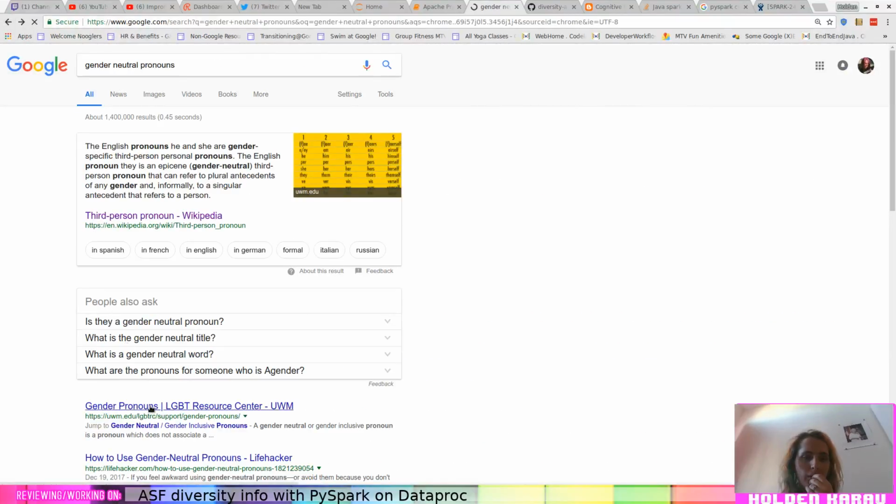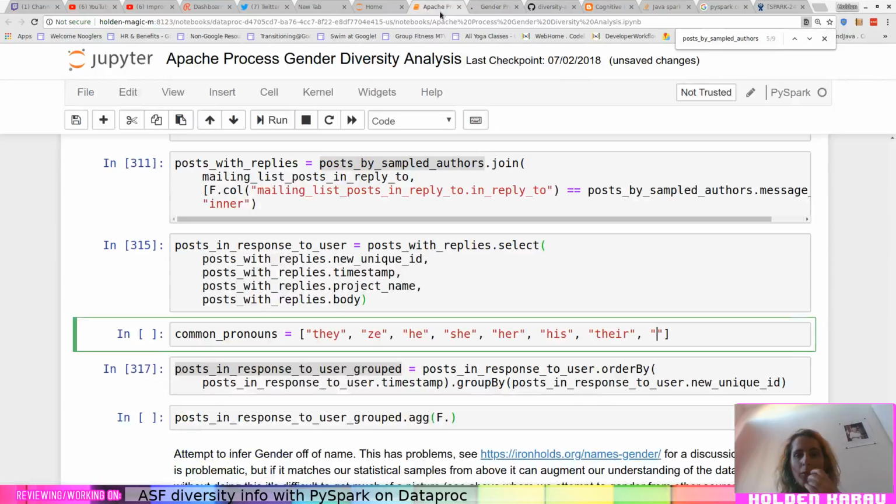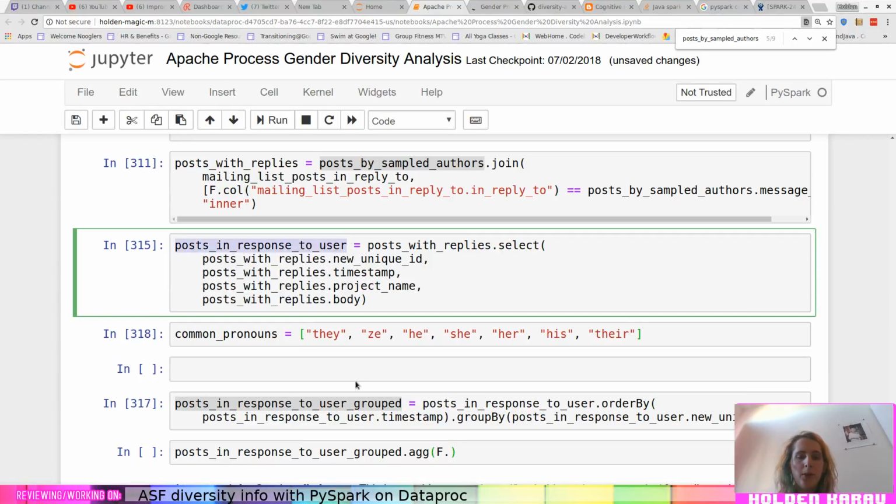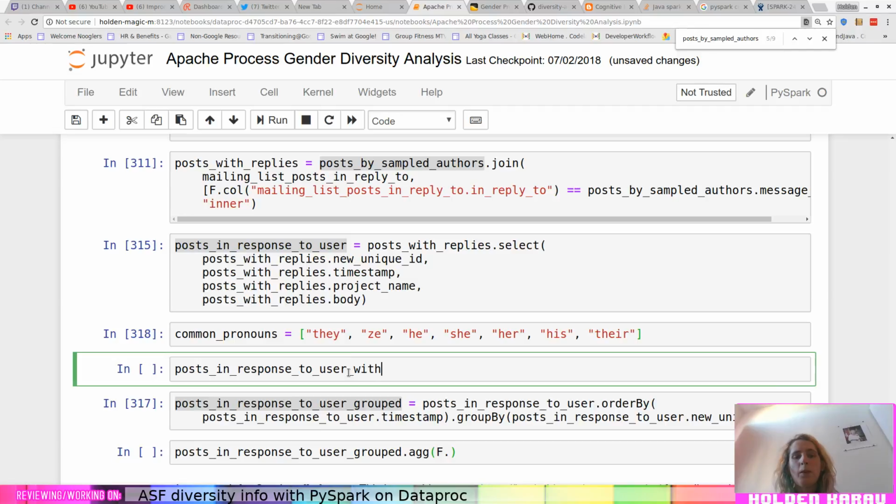Okay, yeah, let's go take a look at this. Maybe there will be something in here. Whatever, this is a start, I can roll with that. Insert cell below. With pronouns, dot filter.